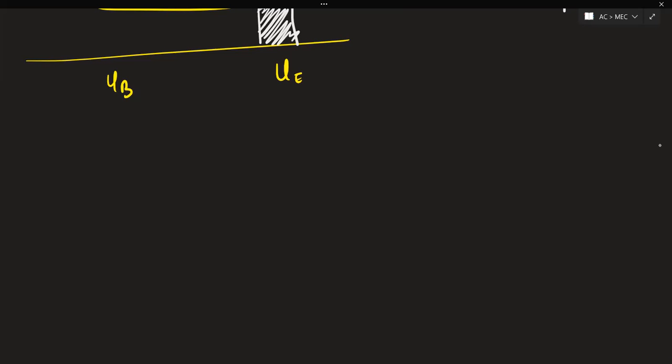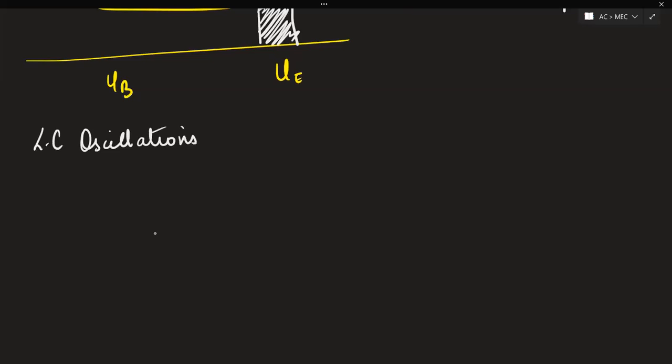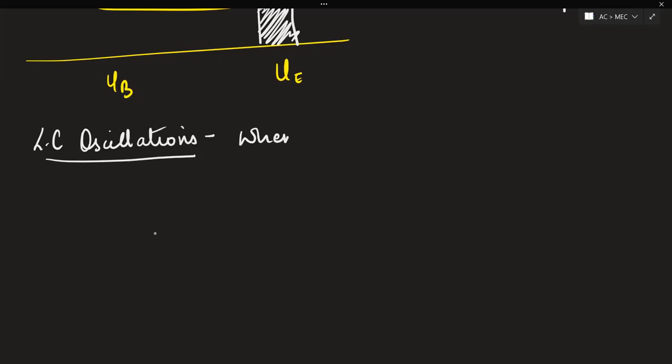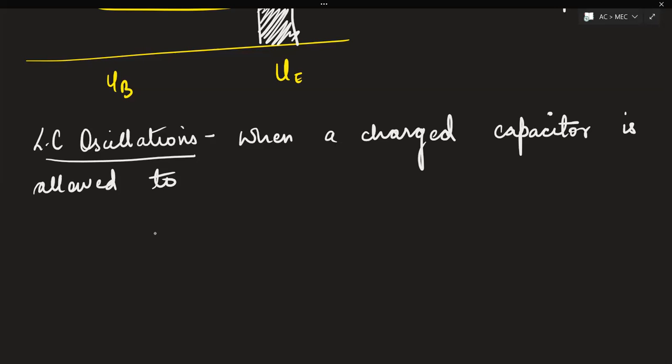I'll write down the definition of LC oscillation first. See, this is a part of your course, so pay attention to this. When a charged capacitor is allowed to discharge, this only happened, no? Initially our capacitor was charged. So when this is allowed to discharge,